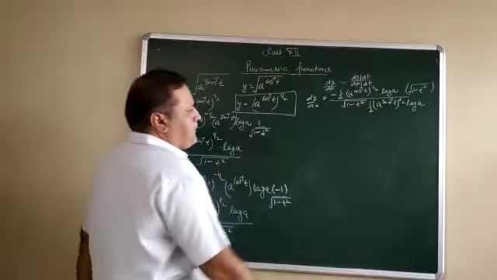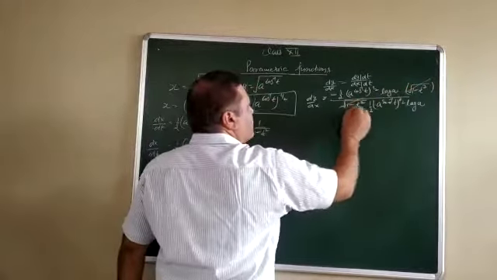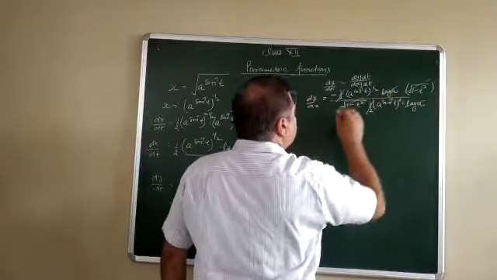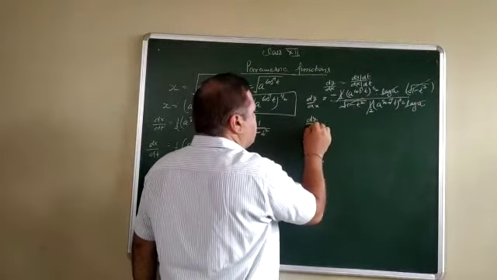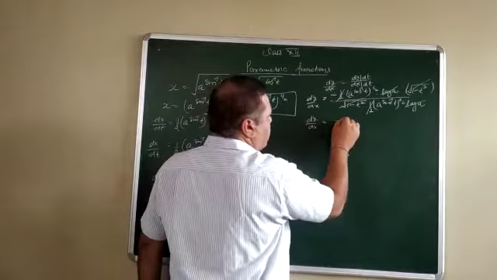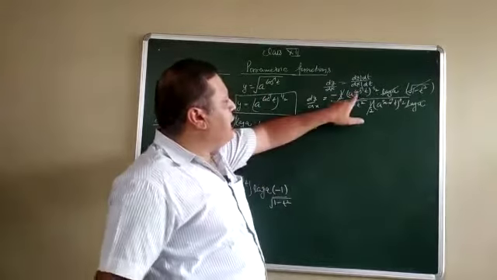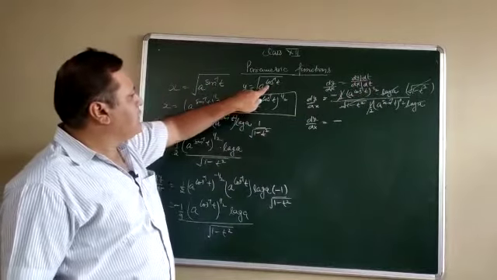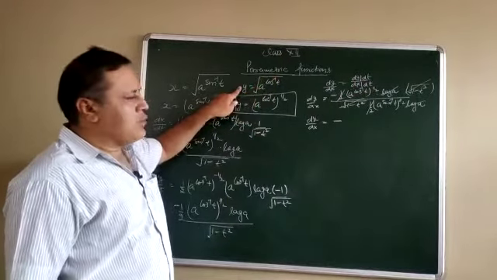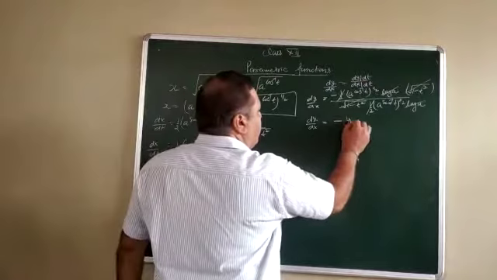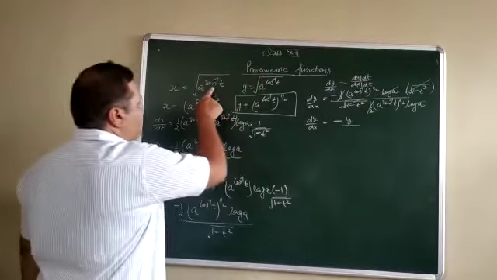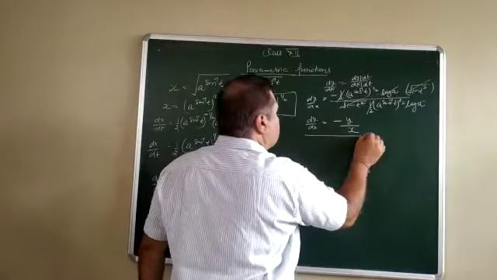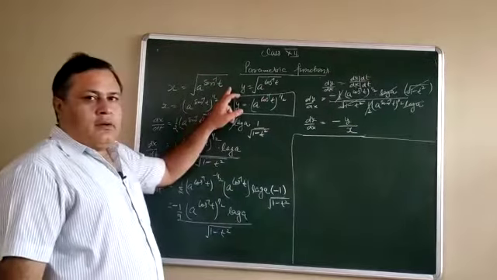Now see this one. The square root of 1 minus t square gets cancelled, 1/2 gets cancelled, log a gets cancelled. dy/dx is equal to minus, if you observe, (a^cos⁻¹t) to the 1/2, that is the square root of a^cos⁻¹t, which equals y, and if you observe, the square root of a^sin⁻¹t equals x. So the answer is minus y upon x.